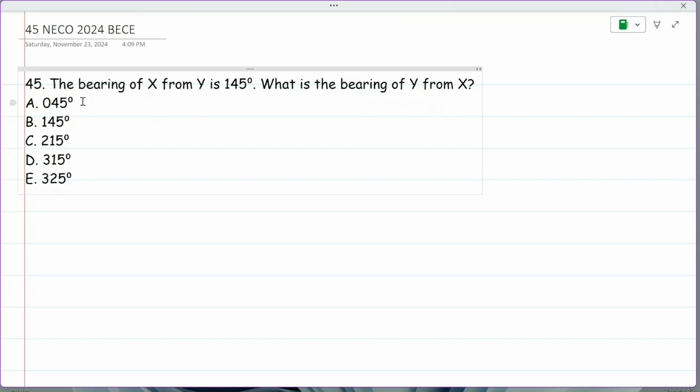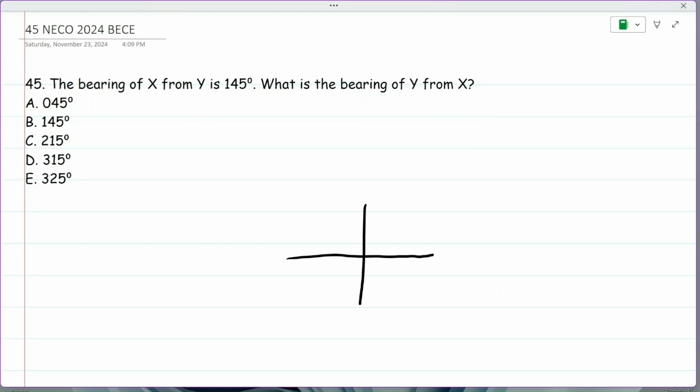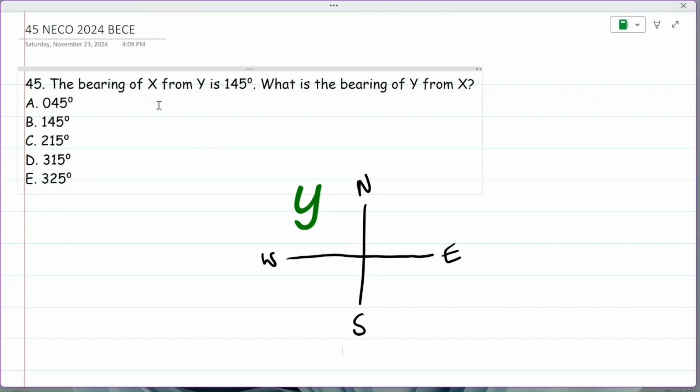So we'll start with the first part. The bearing of x, you can also say the location of x taking your reading from y, is 145 degrees. So we have our north, our west, our east, and our south. We have our 4 cardinal points. Then this is our point y, and it says the bearing of x from y is 145 degrees. This is a 3-figure bearing, and your reading is taken from the north, which is here,